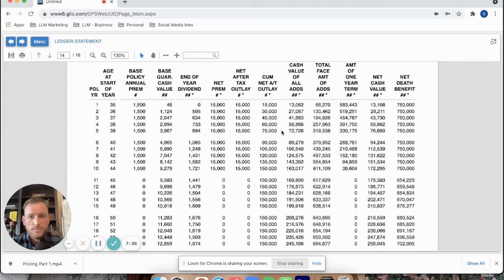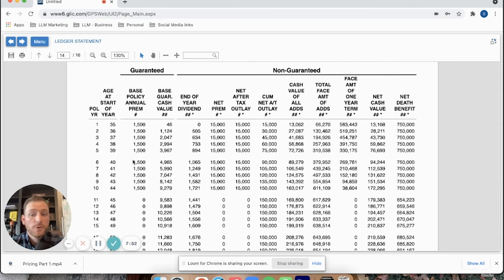So in this example, all we did was put in $15,000 for 5 years to break even. What a lot of people will do to speed up that process is put additional money in. They'll put a lump sum in, or they'll put $50,000 a year. They'll pay more in premium, but it'll pay down the expense of the insurance quicker, and it'll make the break even maybe between years 2 and 3 or 3 and 4. And it'll push up the return, the overall performance, because they put more money up front, pays down the loan quicker, and therefore allows them to break even quicker.